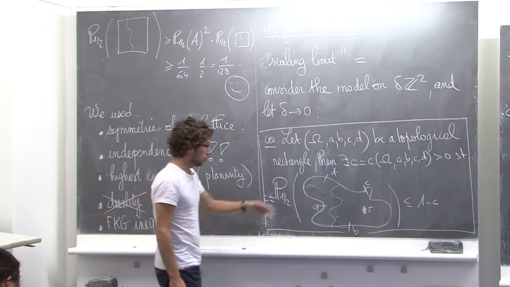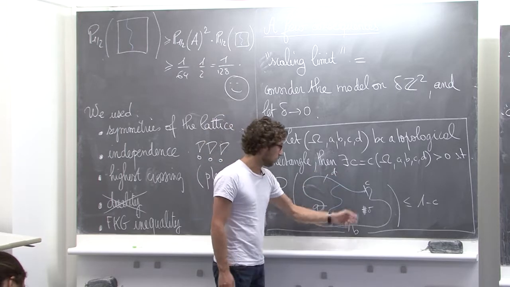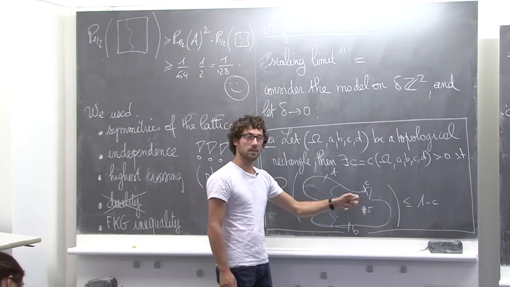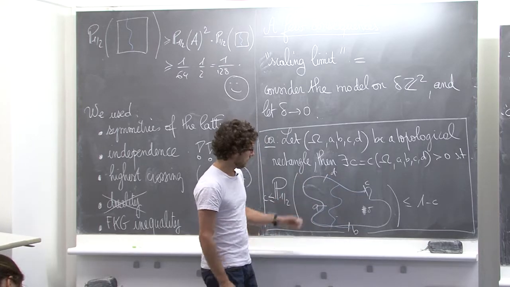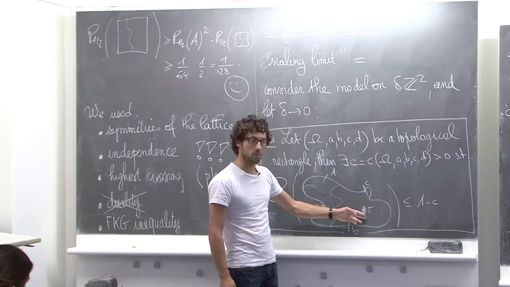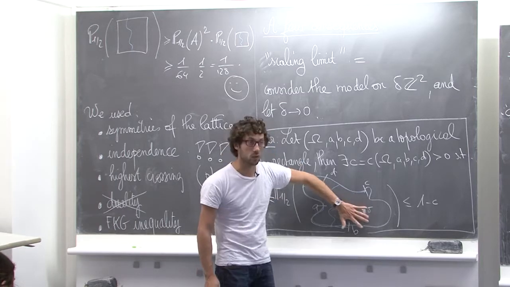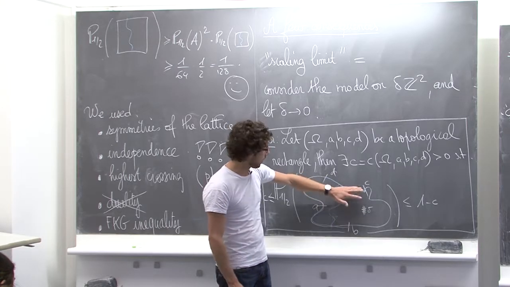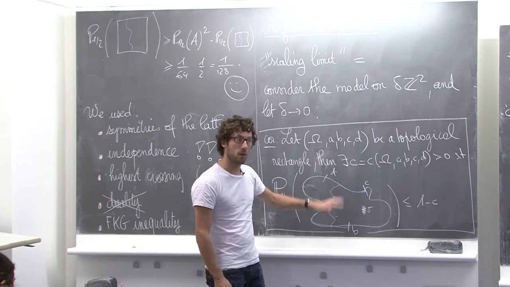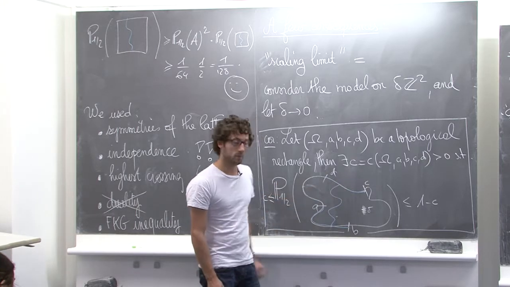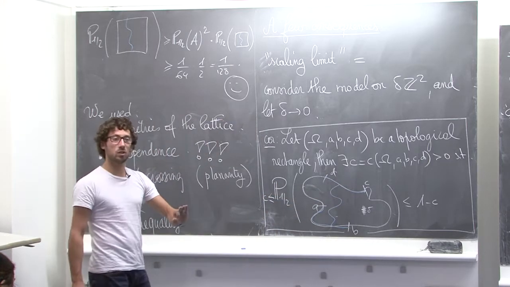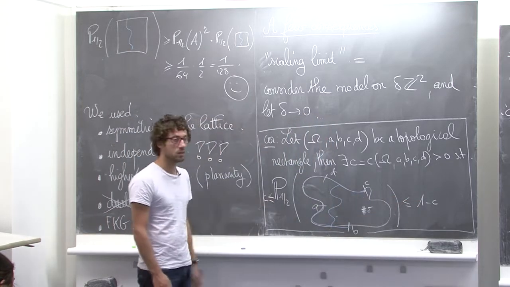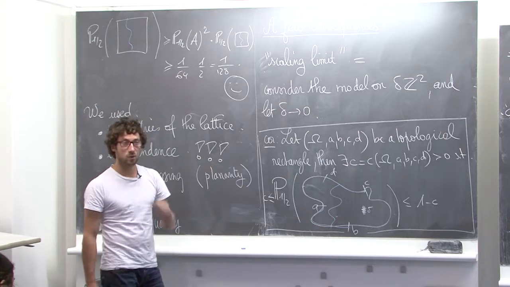Okay? So because you have a topological rectangle with 4 points on the boundary, you can define the arcs AB, BC, CD, and DA. And you can ask the probability. Now I take a mesh size delta. I look at the intersection of this domain with the lattice delta Z2. And I look at whether I have an open path from one arc to the other one. Well, whatever the topological rectangle, there exists one constant C such that you are larger than C and smaller than 1 minus C.